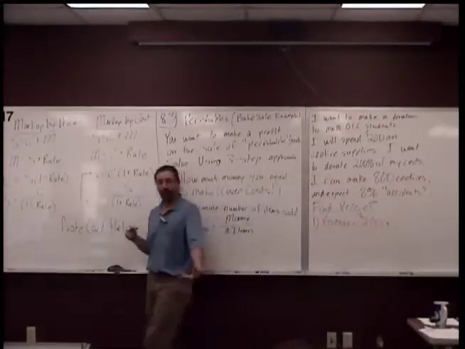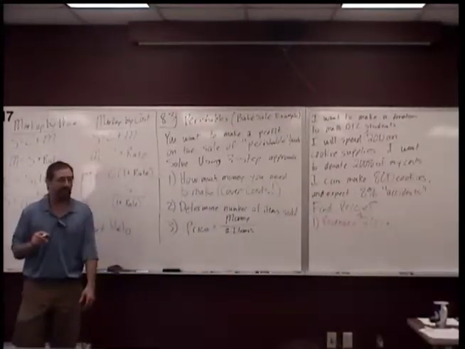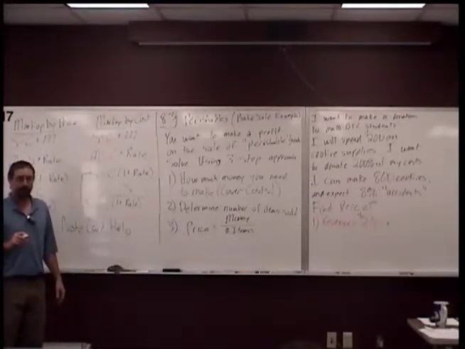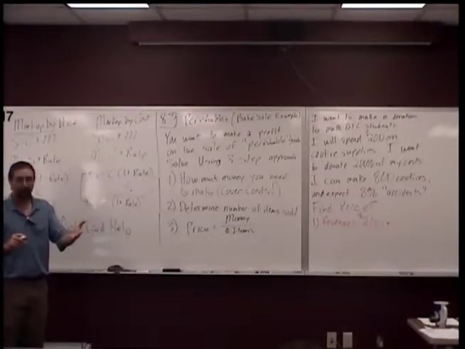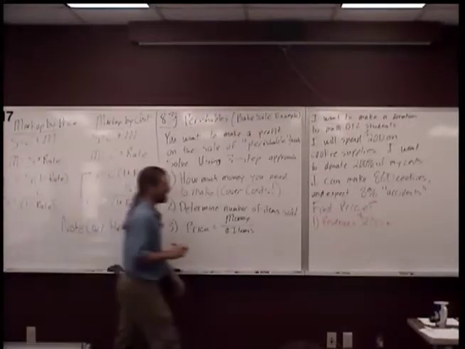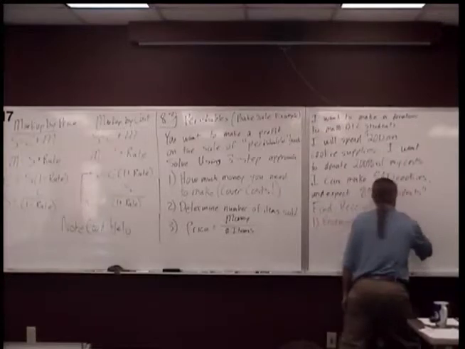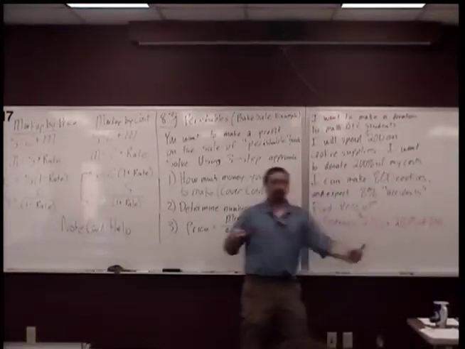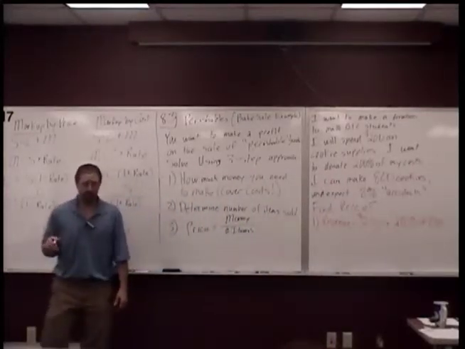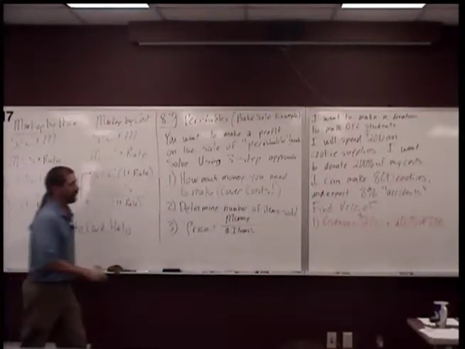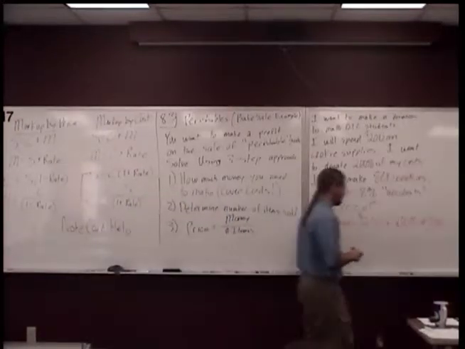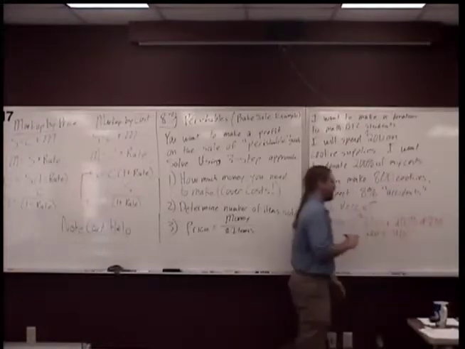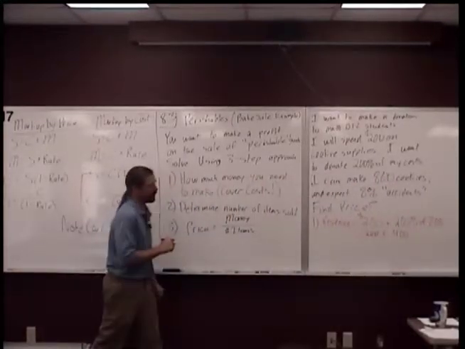How much profit do I want to make, or how much do I want to donate to BTC as a scholarship? 200% of what? Of the $200, because it's based on my cost. What is 200% as a decimal? 2. So what's 2 times 200? In other words, I want $400 worth of profit, so I need to make